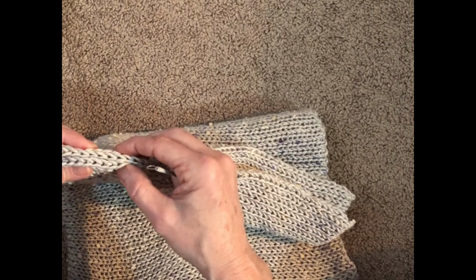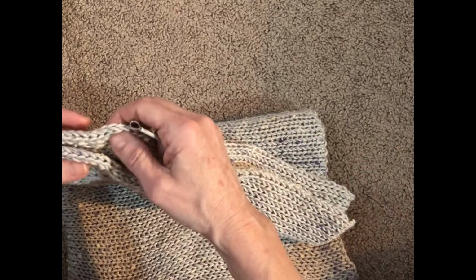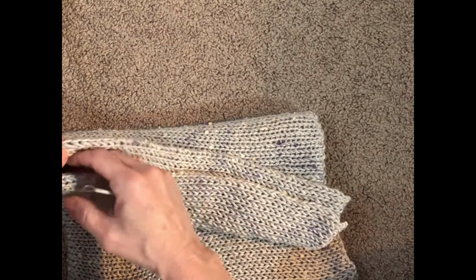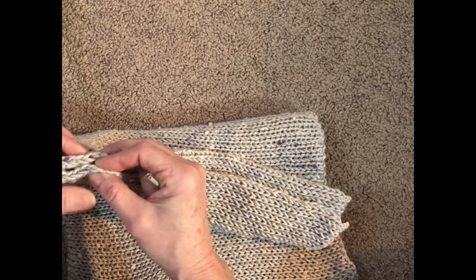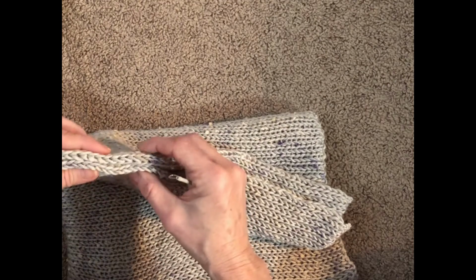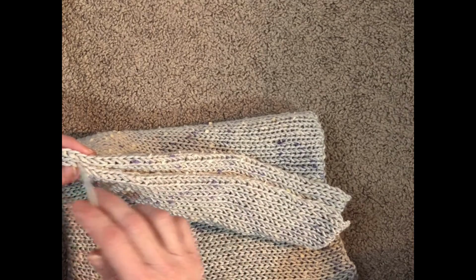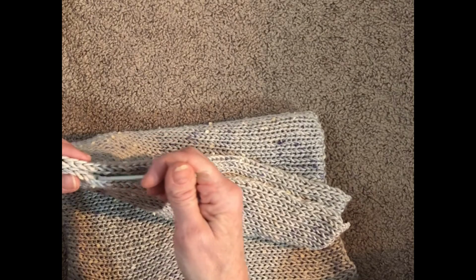I like to have the, actually they're both facing up, which means I would start on this other side. So I'm going to find my side, but I'm going to have it so that, just like that, the wide part of the stitch is going in the direction that I'm going to sew. So I'm going to start sewing from this corner here and come down. And so I have my wide part of the V's